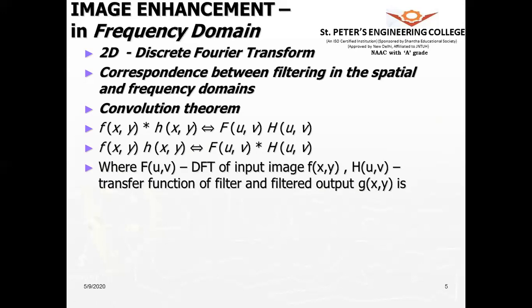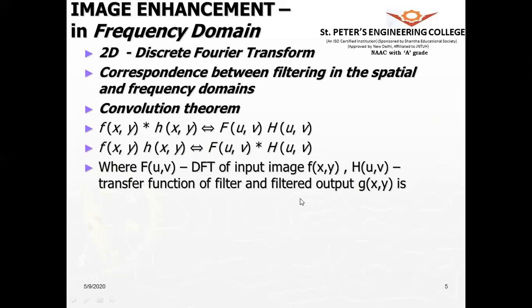And we know that F of u,v is the two-dimensional discrete Fourier transform of the input image f of x,y, and H of u,v is the two-dimensional discrete Fourier transform of the transfer function of the filter.